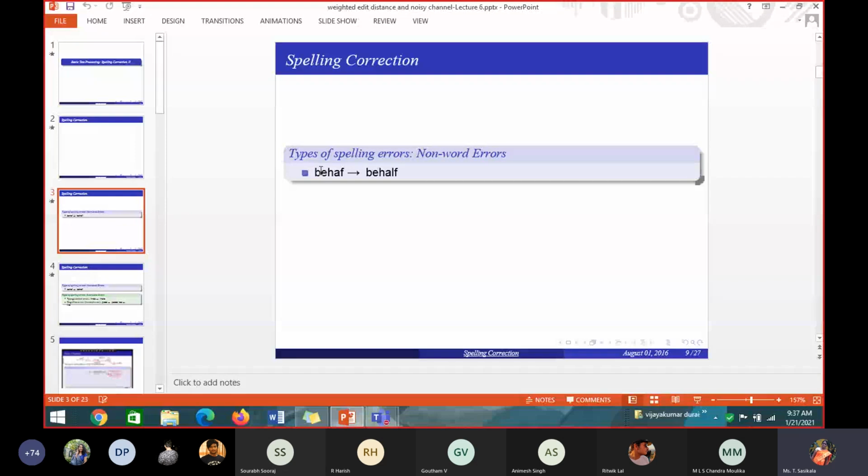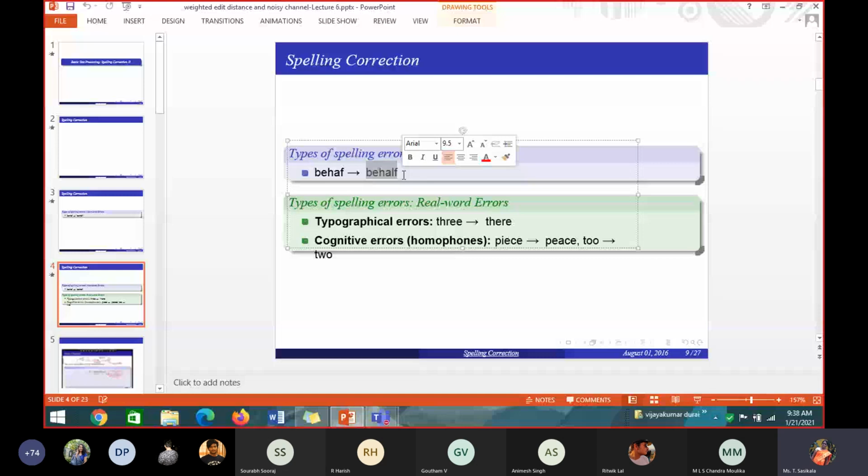Okay, this is another method. Here we assume that we have a corrected word W. What the W represents is that W is a corrected word. What is the corrected word here in my example, behalf and behaf? What is the corrected word? Behalf. BEHALF is the corrected word. So that corresponds to the character capital W in my probability calculation.